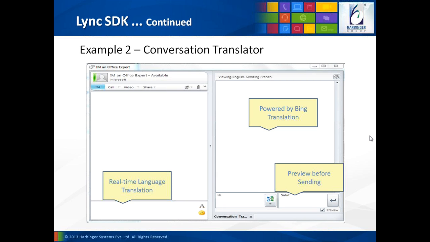And when my friend sends something in French to me, I will have to go back to the application and translate from French to English and then understand it. Now this is a quite tiresome process. So this particular application comes in handy. Now this application, which is loaded in the right hand side pane, is a Silverlight application which translates